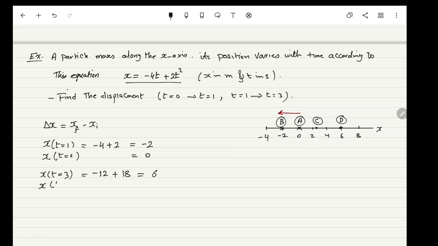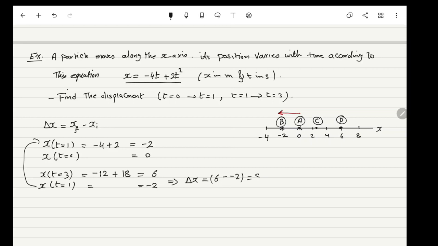And x when t equals 1, we just calculated here, it's equal to minus 2. Now, the displacement for the second time interval equals 6 minus